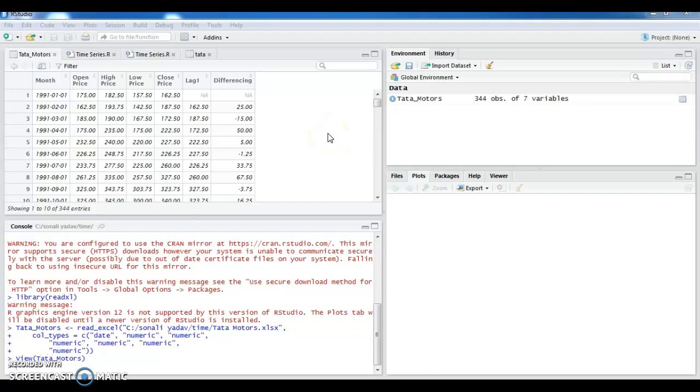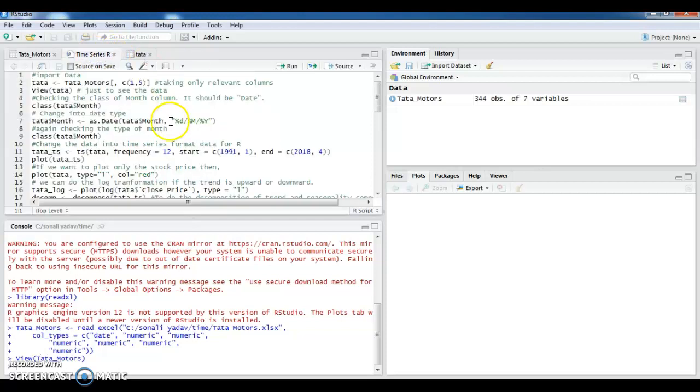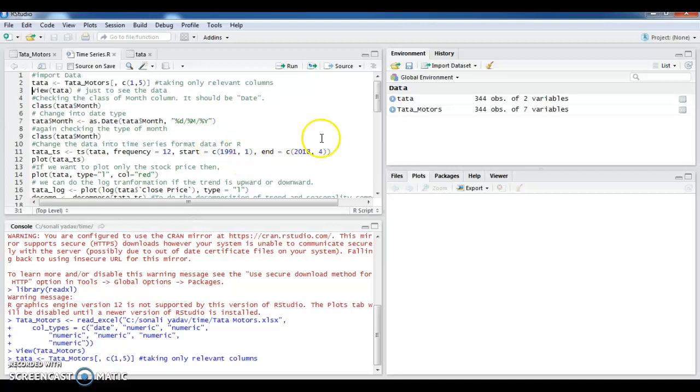Hello friends, so we have reached a stage where we have converted your original data. We have imported the data, and at this stage we want to see whether all this data is relevant for us or not. So what we are doing here is we are going to convert it, and that also we have done in the previous session. So we are left with a final set of Tata Motors converted into a new object, which is Tata. So our point of concern is Tata, not Tata Motors as of now.